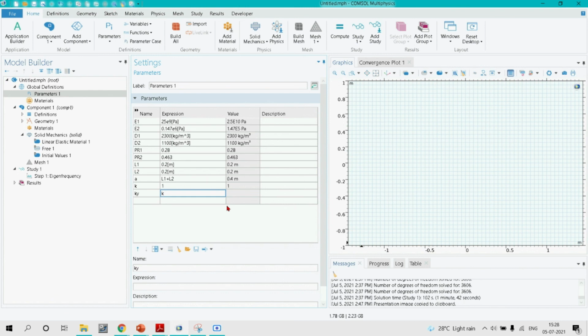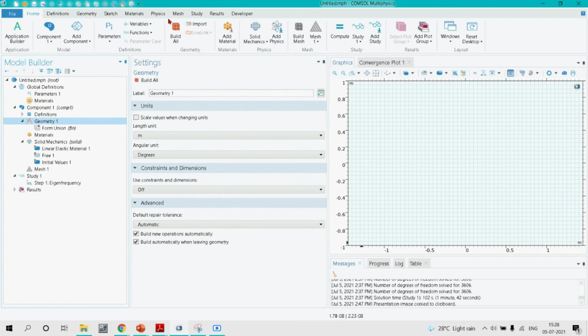So we will be varying k from minus 1 to 1. So indirectly, we will be varying it from minus pi by a to plus pi by a. Okay, so I think all the parameters required for finding the band gaps, we have already defined. So let's move on to geometry.